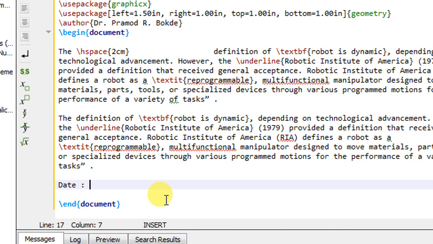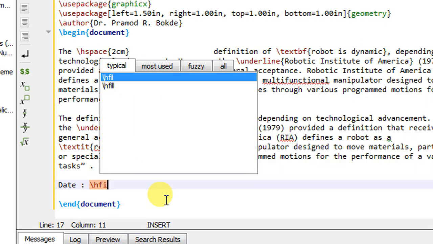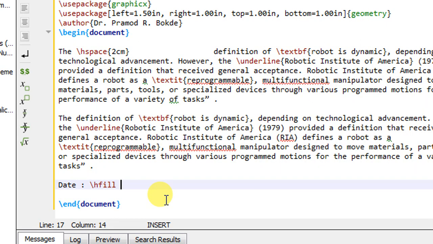In such a case, you have to fill the two words with the command \hfill, and to the right I will write down Dr. P.R. Bokde.